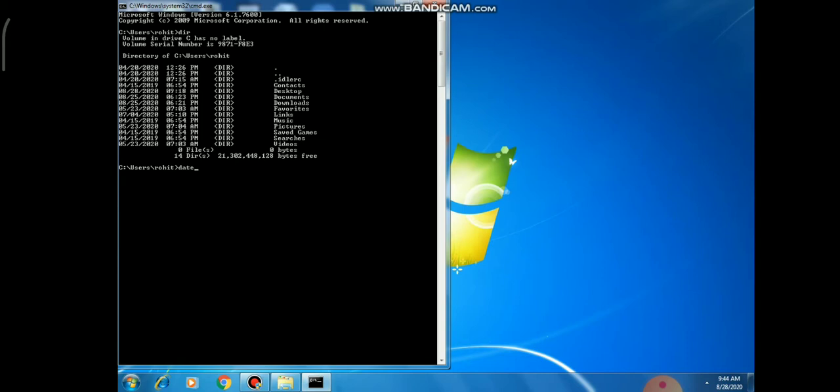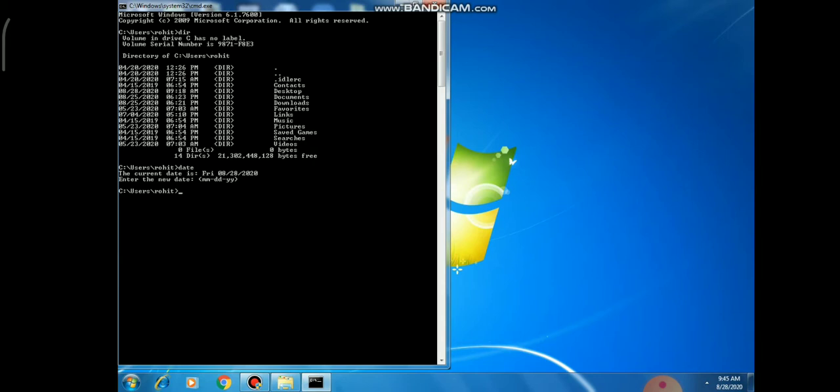After writing date, you can press enter, and you can see this is the current date. If you want to enter a new date, you have to enter it in the same format. So why are we using the date command? To display the current date of our system, or if we want to enter a new date into our system.